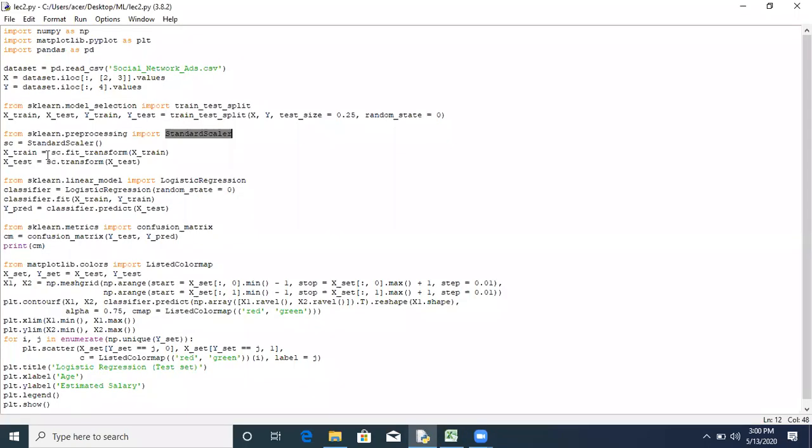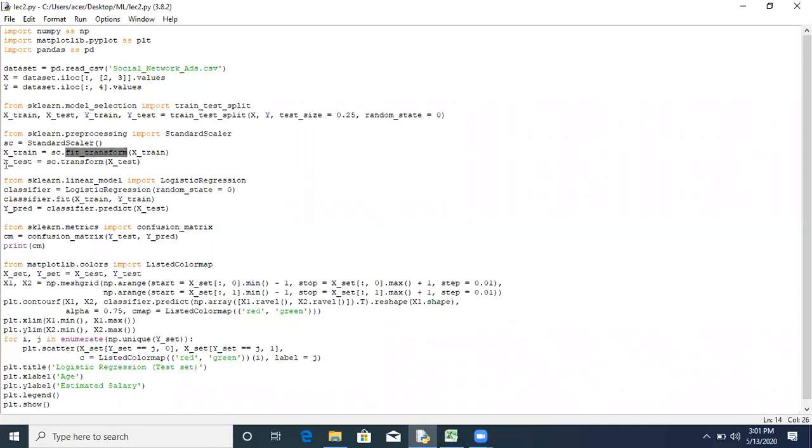So X train is equal to, so this is your updated X train, this is your previous X train. SC dot, how to apply scaling, using fit underscore transform or transform. Why are we using fit here? Because this is the training part, and as you know, in the previous lecture we have already discussed this. While training we have to apply the dot fit command, and while testing we have to apply the dot predict command. Now since this is the variable we are using for the training part, that's why we have to use fit underscore transform.